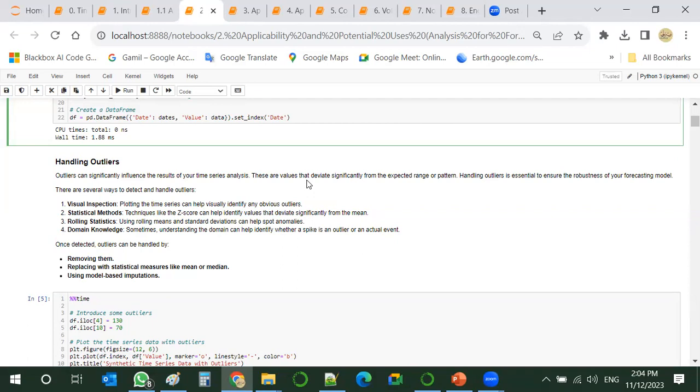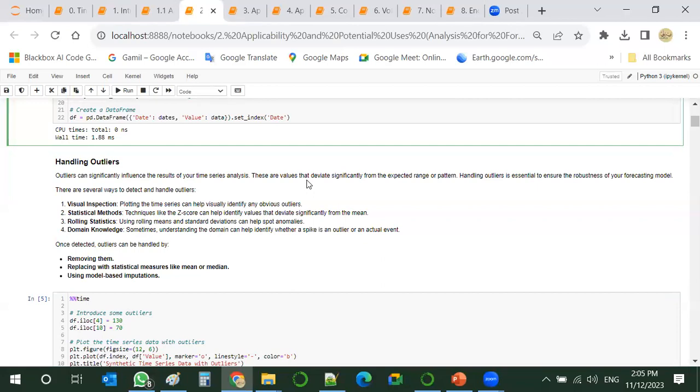Outliers can be detected visually by plotting time series, or we can use statistical techniques like z-score, which will leave these outliers away from the mean, so we can see them again and we can calculate them and figure them out.